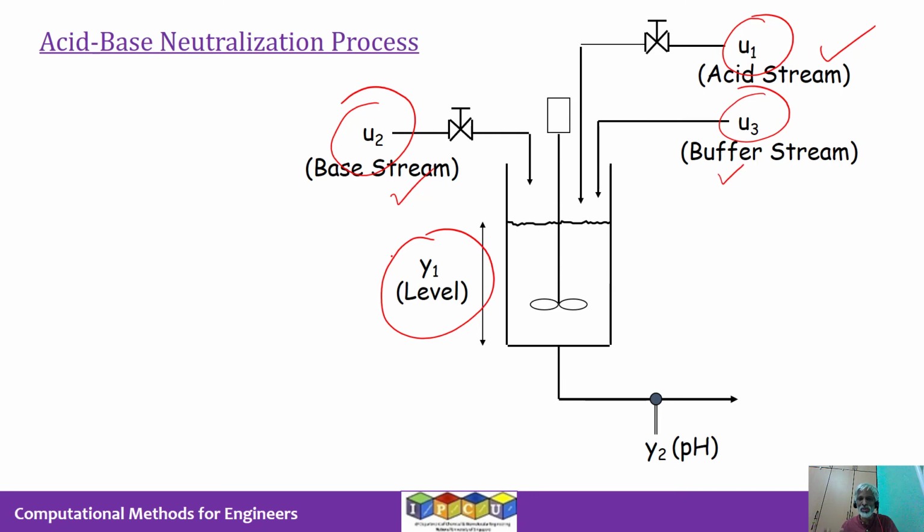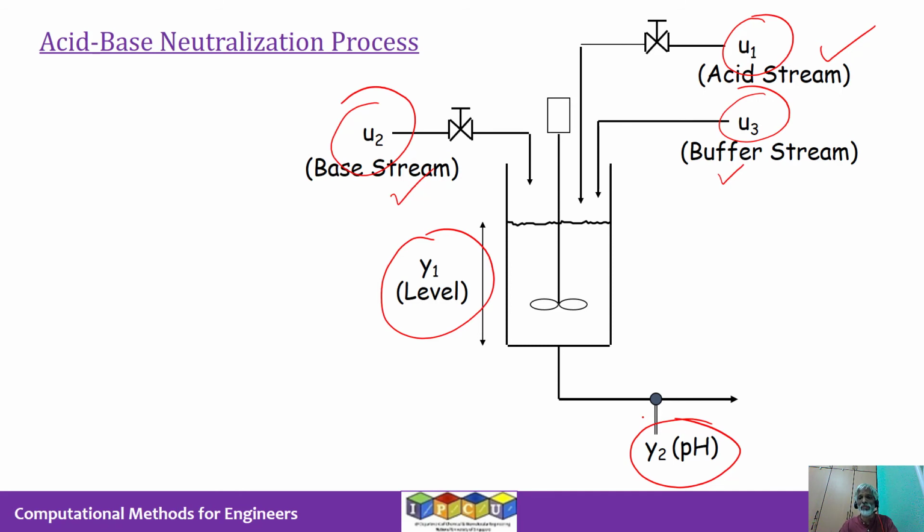All right, so we are trying to neutralize, let's say, an acid stream. You cannot let it out to the environment or the river directly, right? Because that can be harmful to marine life, etc. So you have this acid-base neutralization process, where you neutralize the acid stream with a base stream, okay? And this pH, let's say, should be close to 7 to meet environmental regulations. So somebody monitors Y2, which is the pH, using a suitable instrument.